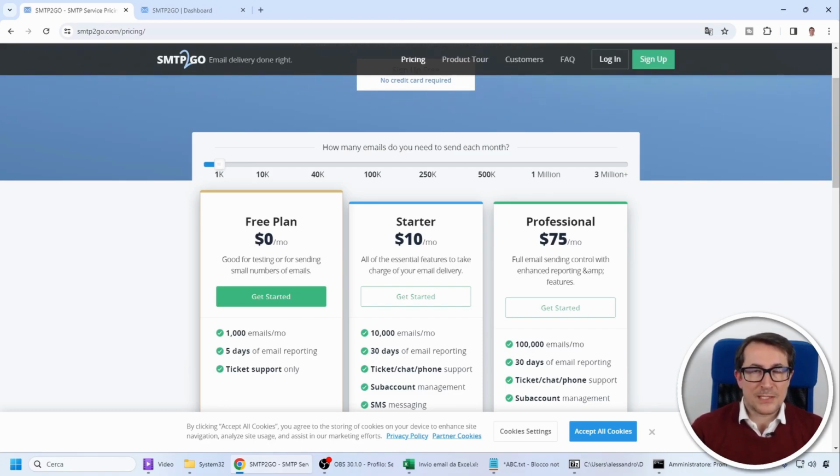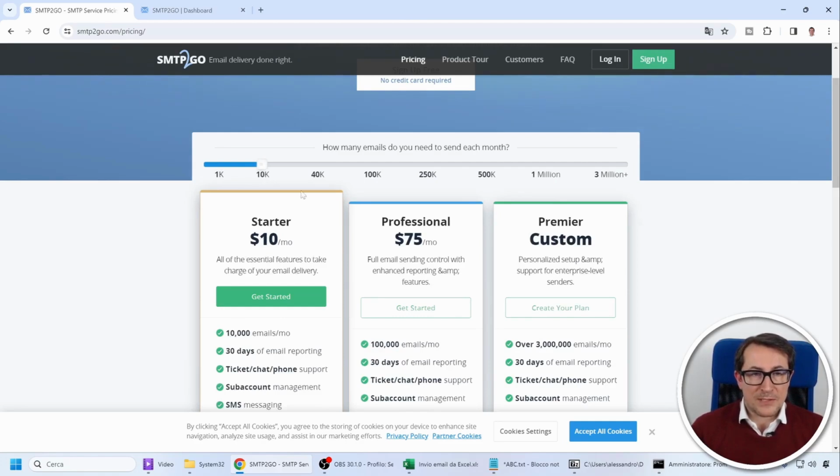Any emails that exceed the daily limit of 200 will still be held by the system and sent within the next 24 hours, up to another limit of 200 emails. After that, you'll have to wait another 24 hours, and so on until all the emails are sent. This is the free plan.